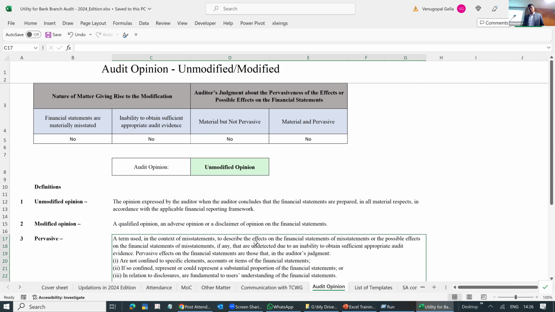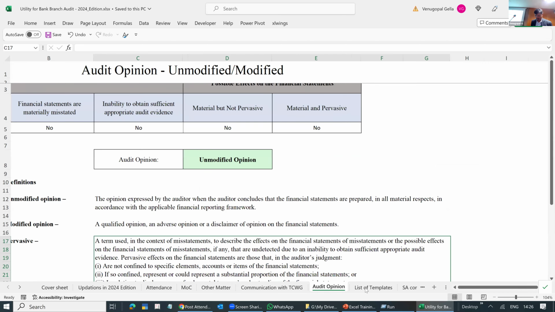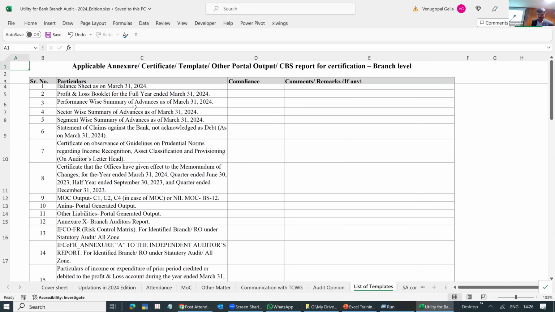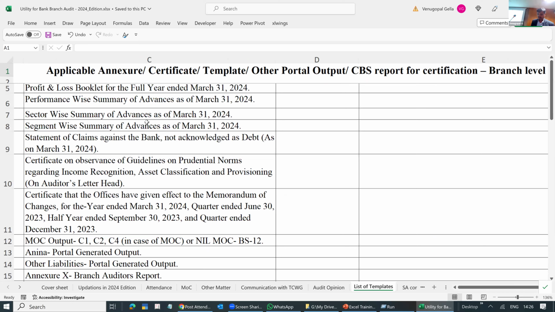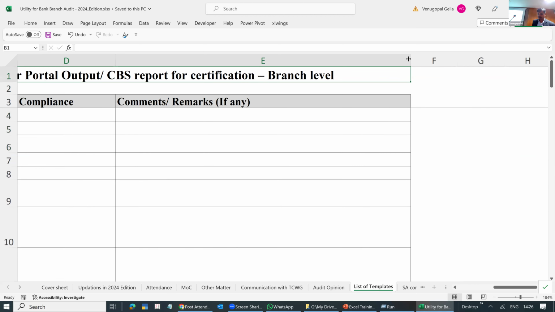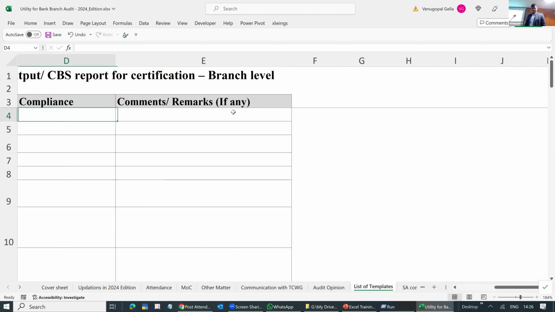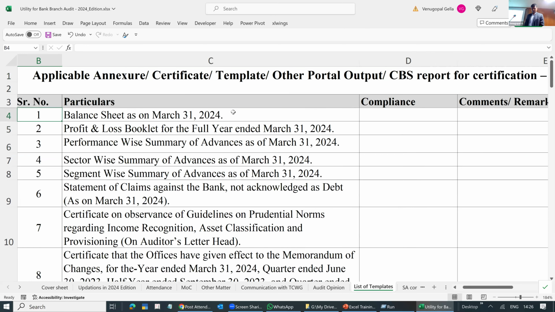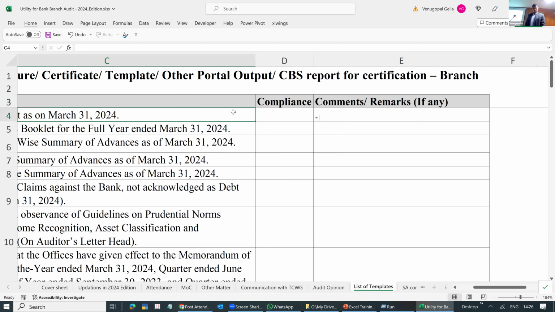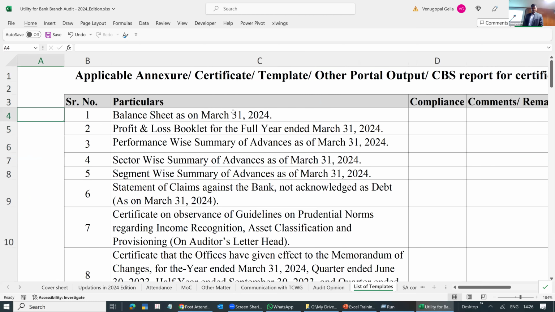Then your audit report, a copy of your audit report. Here is the important one, the list of templates. The institute has given a master checklist. You can think of this as a master checklist.